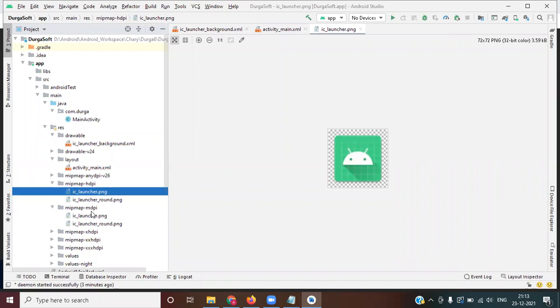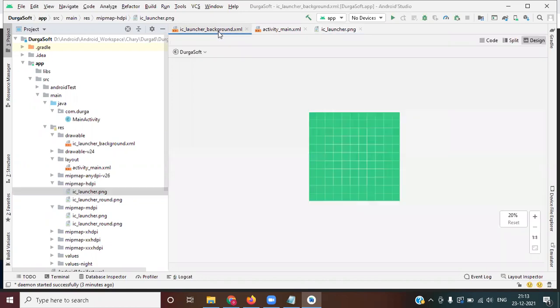Because of Android screen sizes. Android mobile devices have many kinds of sizes, widths and heights. If you want to match that width and height with your user interface, you need to provide different kinds of images.